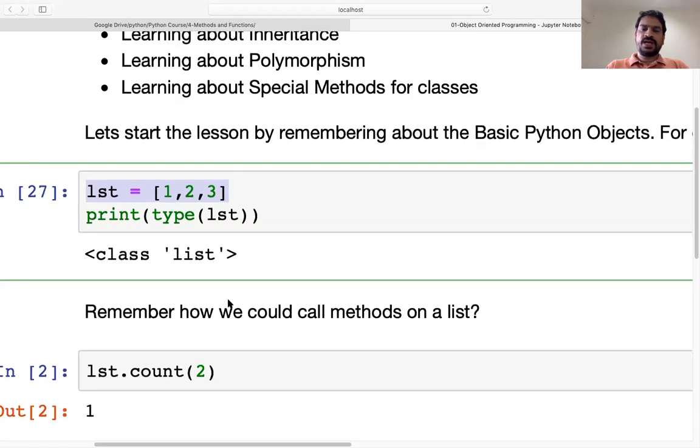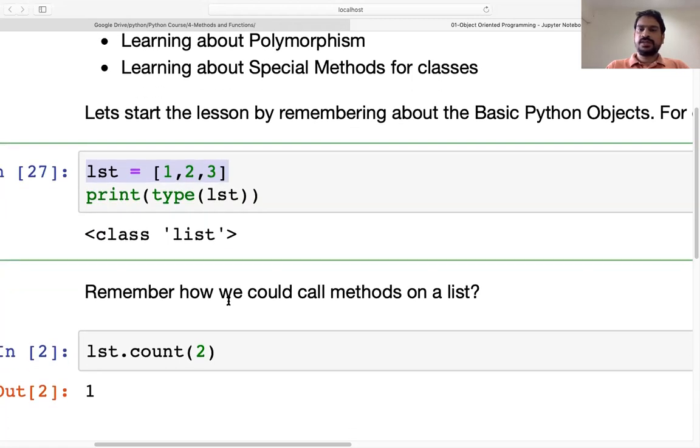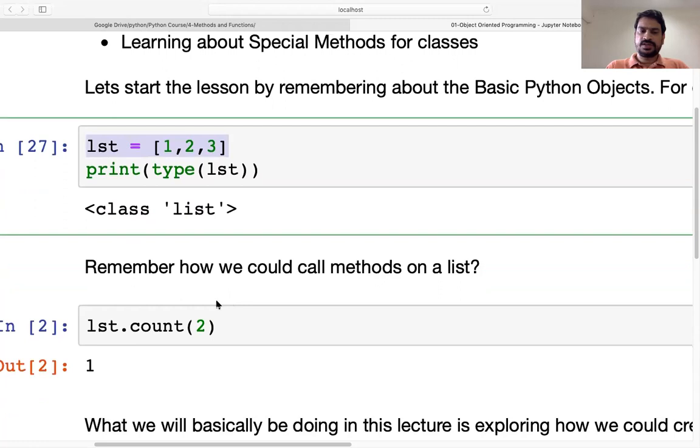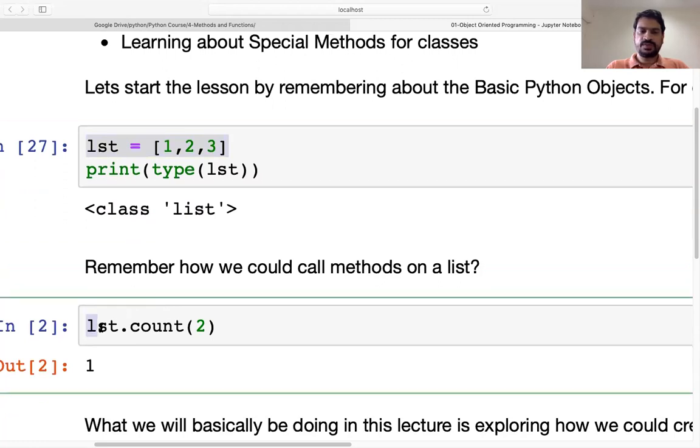Now, you might remember how we can call a method related to the list. What we have to do is use the object, then use the dot operator, and then use the method that we want.